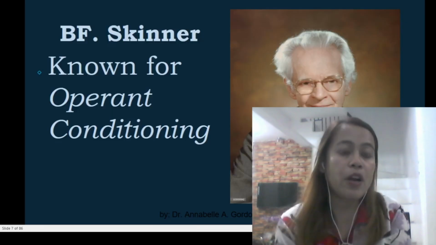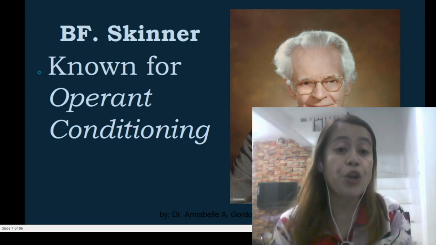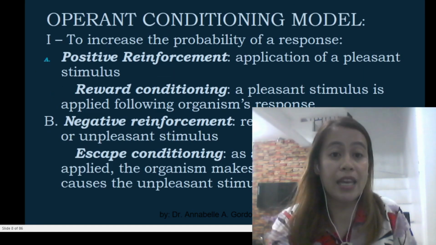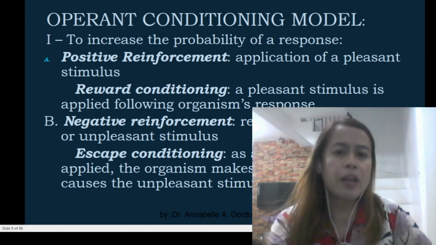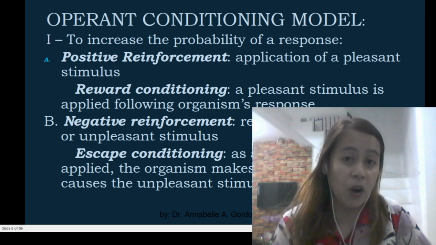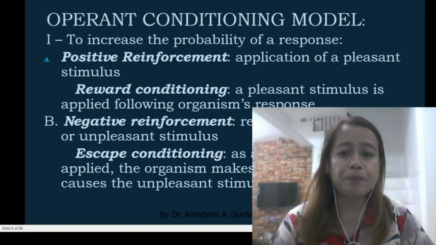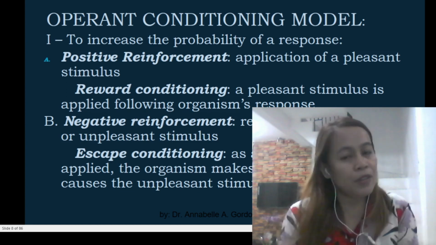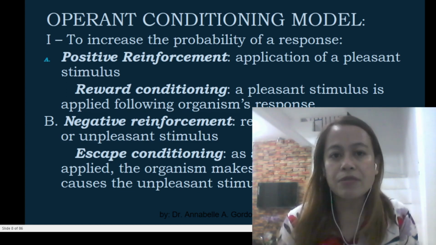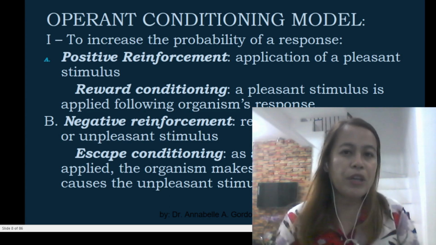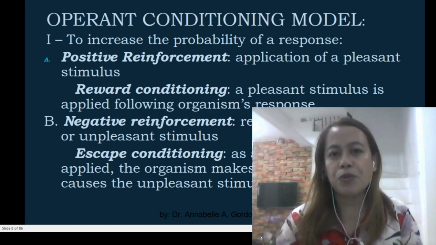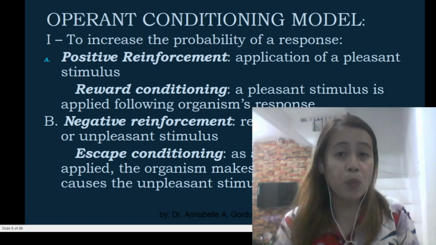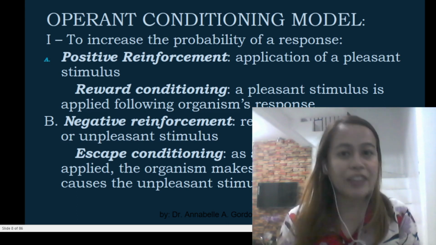So I was mentioning a while ago about B.F. Skinner, who is known for operant conditioning, where he postulated two reinforcements. The first one is the application of a pleasant stimulus. This is where the provision of the rewards is given to our students so that they could be exhibiting and executing the response that the teachers are expecting to have. Okay, so for example, when we let them do this, okay, you study this thing because I will be giving a certain reward. So naturally, our students are really active and